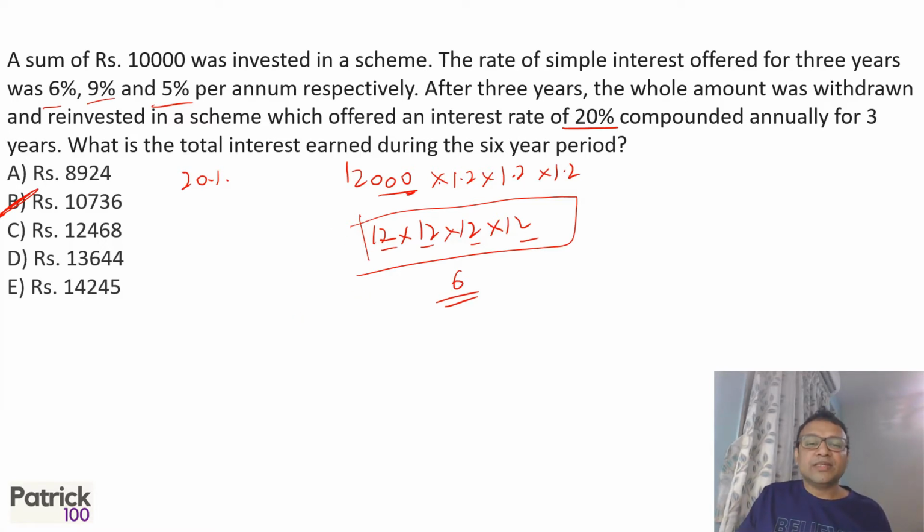So basically what we are doing is multiplying 12, 12, 12, 12. You should get basically 12,000 plus you'll get 1076 interest. So from this value, if you subtract 12,000, you should get 1076. That will be the answer. So either you can use the last digit method or you can calculate and get the answer.